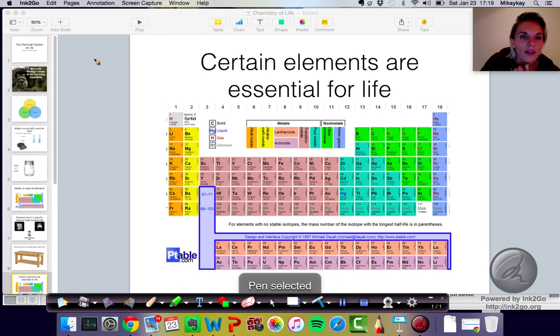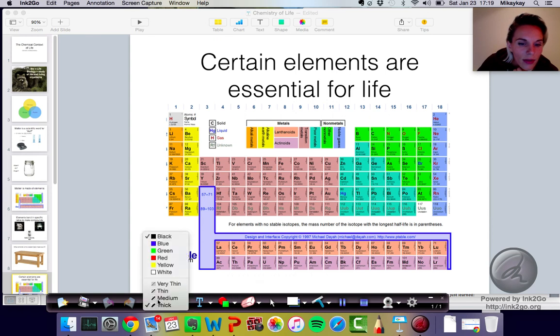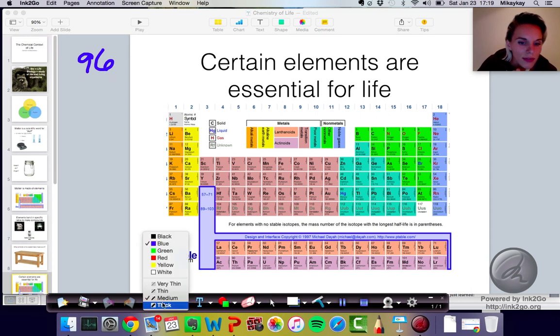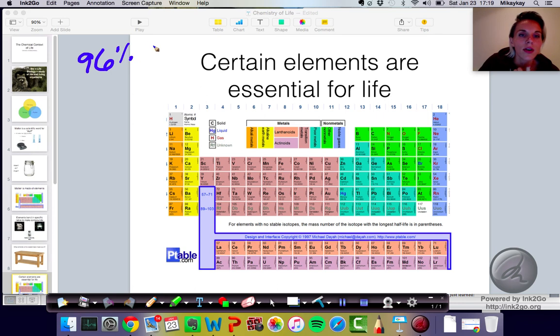So we have, actually, I should use the same colors that I did before. So we said, what is it, blue? So we had the 96%, wait, why are you so, I don't want that, I want you to, 96% are the CHON. And then we had our 4%, which was the other 7. I did the wrong color again. Okay, I'm going to try this one more time from the very beginning.